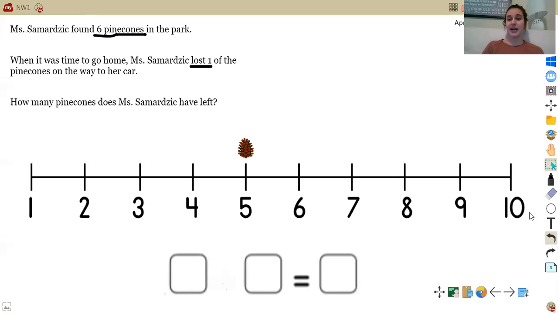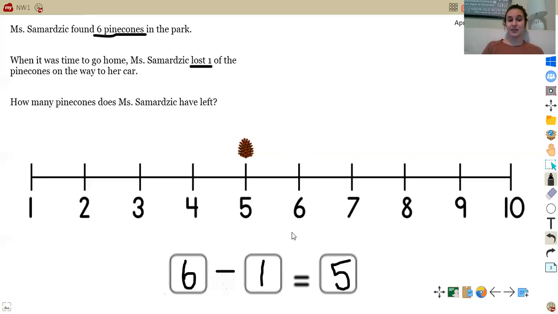Let's go ahead and complete our number sentence. Now, before we can begin, did we do an addition problem or did we do a subtraction problem? Remember, because we lost a pine cone, did we do addition or subtraction? We did subtraction. So let's go ahead and make sure we have our subtraction sign. So our first number is what we started with. In this case, we started with 6 pine cones. So 6 minus, how many did we move back? We only moved back 1. So 6 minus 1 equals